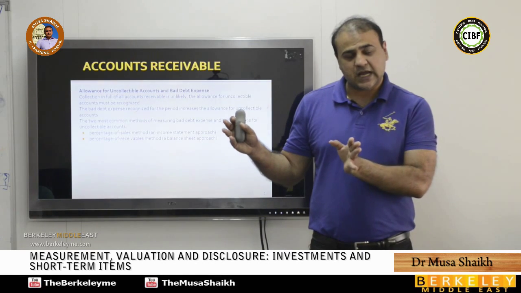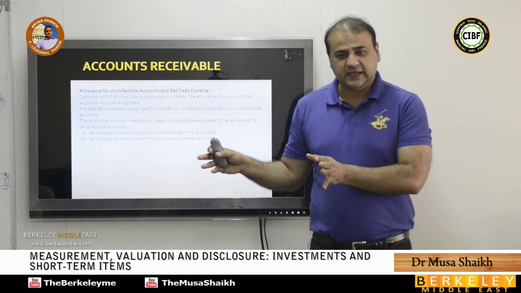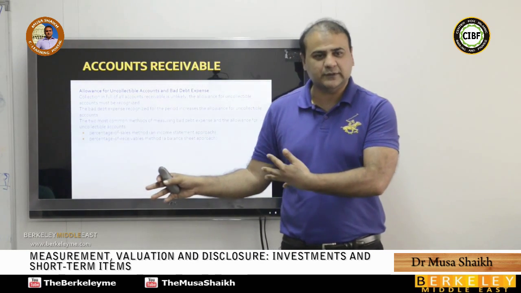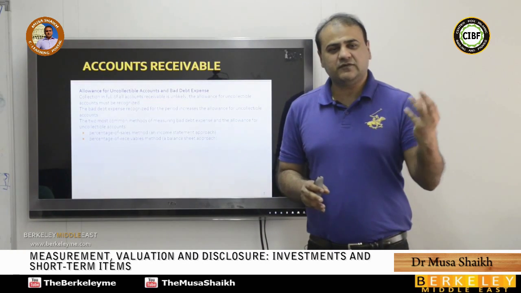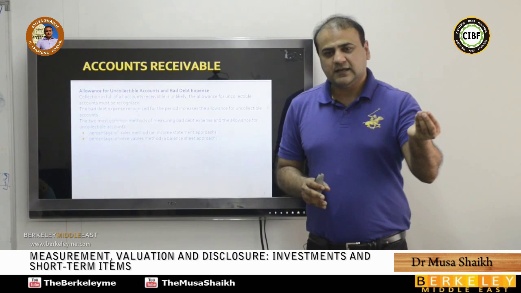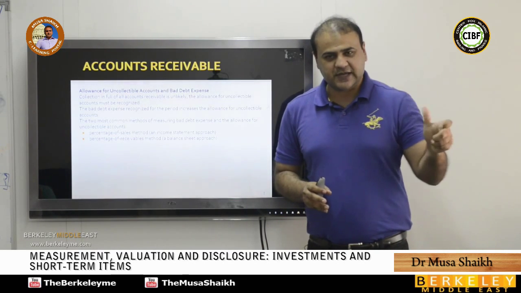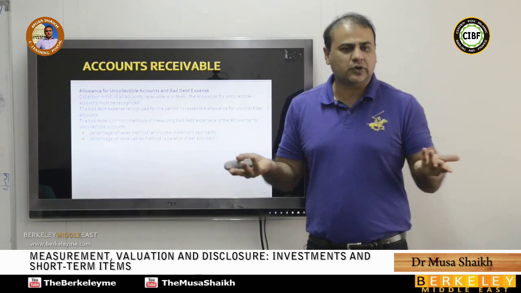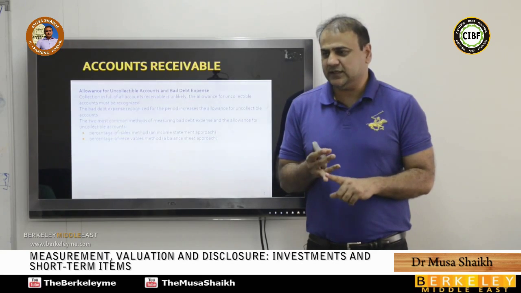When I say 2% of accounts receivable, I am following a balance sheet approach, because receivables show in the balance sheet. If I say 5% of the gross sales, I am taking the income statement approach because I am taking the figure from the income statement. So these are the only two methods which we take, either it's a sale or it will be a